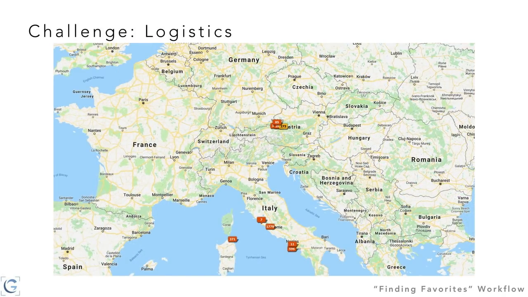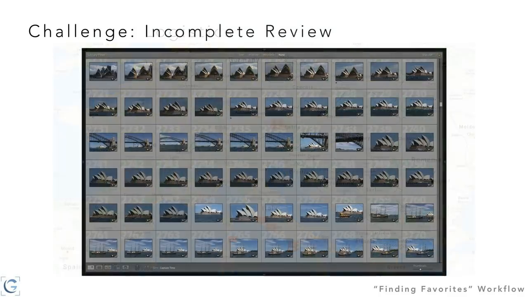And so here, looking at that overview map, a wide variety of locations, a relatively extended period of time, and lots of photos. And one of the key things that I've been thinking about recently, especially as some of my travels have involved relatively long trips, is that I realize that my workflow for reviewing my images has been a little bit incomplete. And so, for example, I'll find within my catalog in Lightroom while I'm traveling, at the beginning